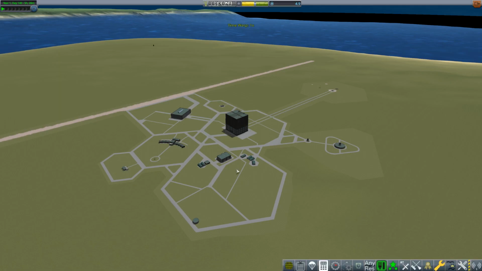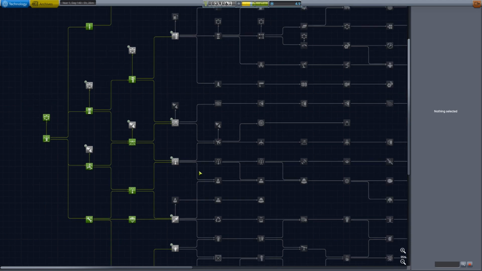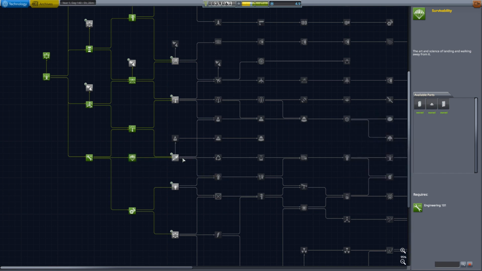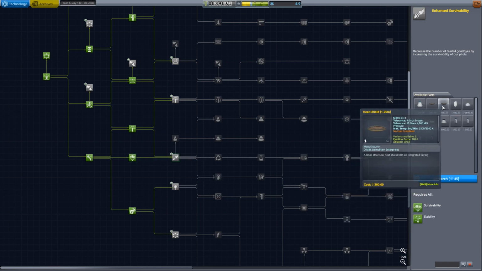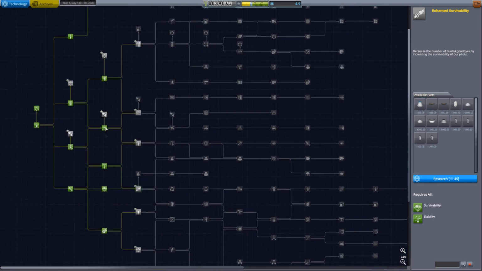Back to here. One of the more bastardly things that I did when I made this tech tree is I moved the first heat shield from survivability up into enhanced survivability. So we have the ability to get things into orbit now, but we don't have the ability to recover them from orbit. So we need to come up with 45 more science points before we are able to do our